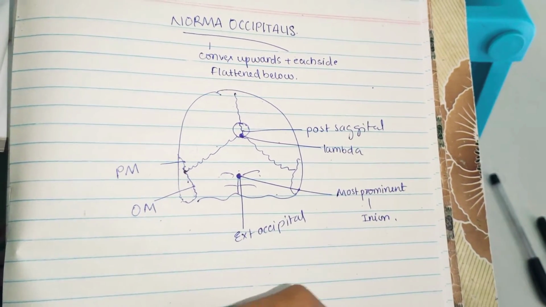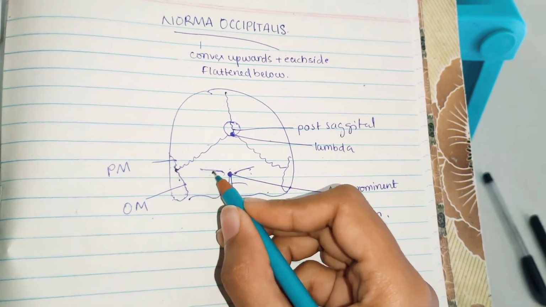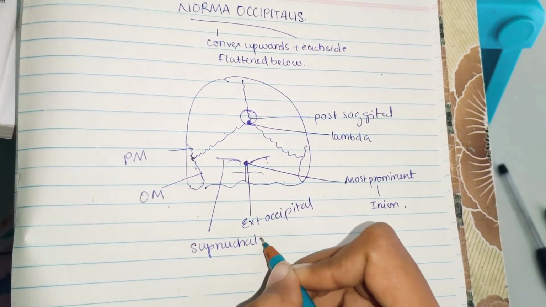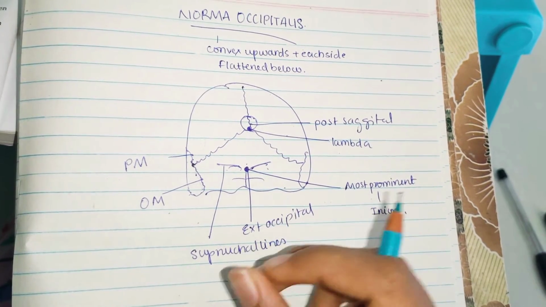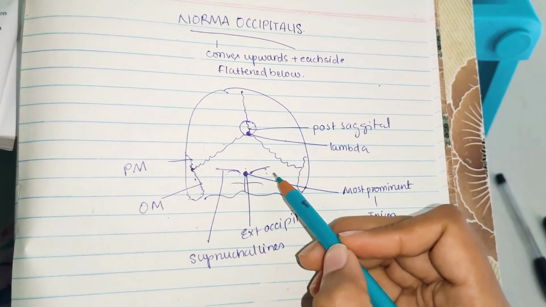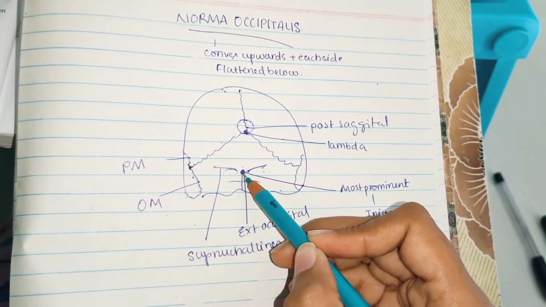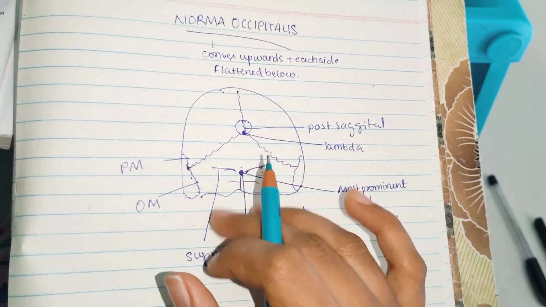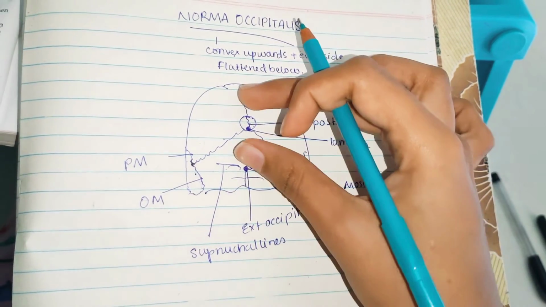And next, coming to the superior nuchal lines. You can see here clearly these are called the superior nuchal lines. The superior nuchal lines are curved bony ridges. They pass laterally from the protuberance, and they also mark the junction of head and neck. Below this, it is all neck part. Till here only there is head part.